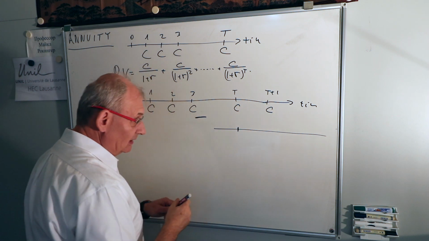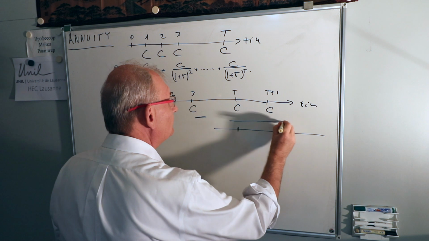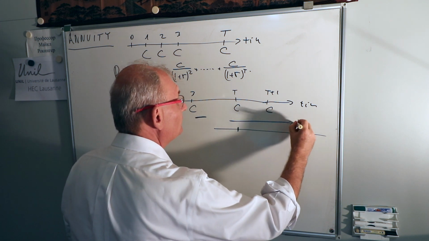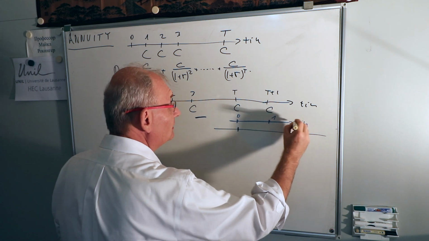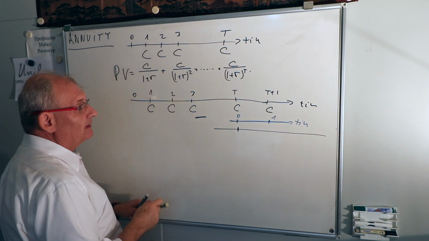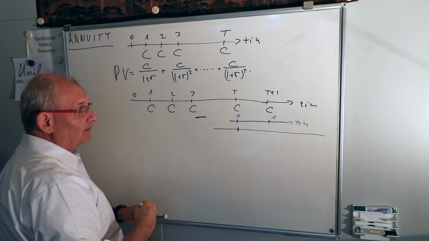This new referential, I'm going to write it in some other column. So here I have a new referential, and I'm going to have, of course, again time, which is going to have here time 0, time 1 here, and which goes to infinity. So viewed here from time 0, which corresponds to big T,